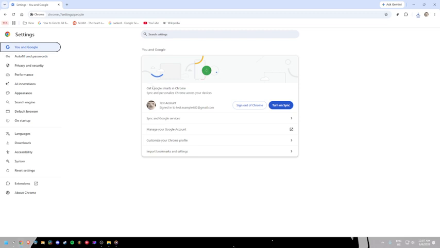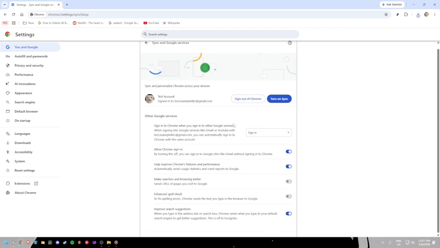Next, click on Sync and Google Services. If you are using a mobile version of Chrome, this may simply be labeled Google Services. Now scroll down through the available settings until you find the toggles labeled Autocomplete Searches and URLs and Improve Search Suggestions. Turn both of these toggles off. Once they are disabled, Chrome will stop using those particular features to generate extra search suggestions as you type in